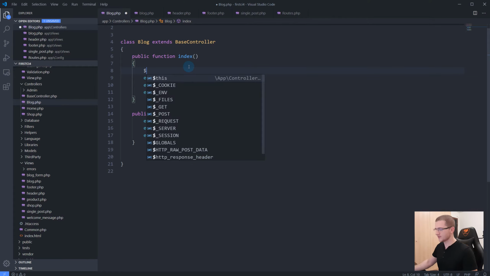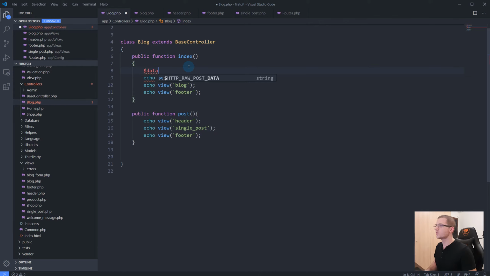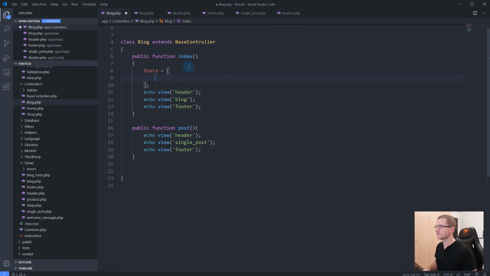What we can do is create a data variable that is an array, and let's say here we have the title that will be CodeIgniter 4 blog,